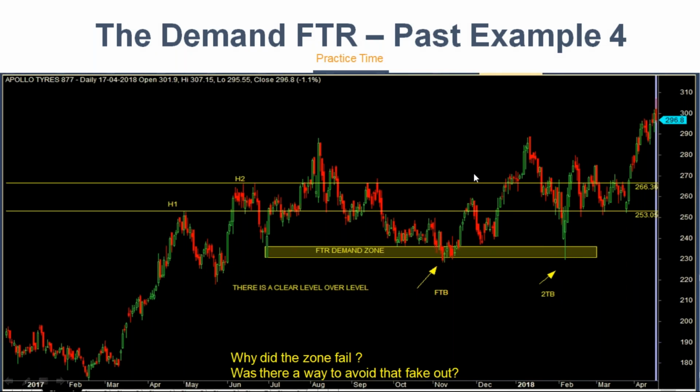Yeah, if you guys want to have a safe entry, if ever there is a level over level, go to the lower level and take a trade. And remember, there is every possibility that it can react from the first zone only. Don't think your second zone. Why? Somebody told the bus driver, boss, if I go behind 5 kilometers, there's one more bunch of passengers. Bus driver will say, no, boss, I don't have time. I will go now. Let's see later. He might not come to that zone also.